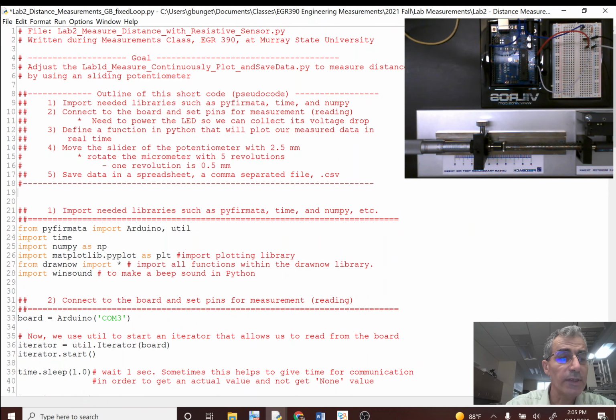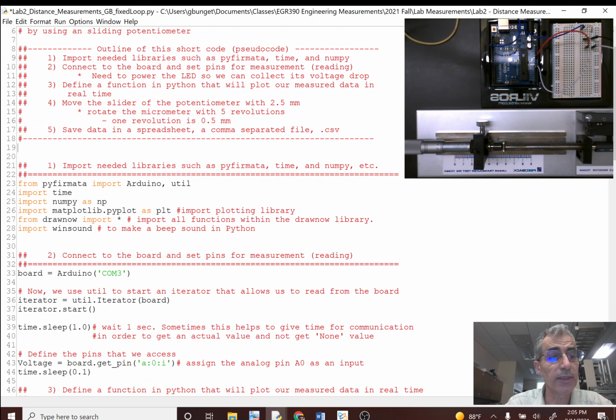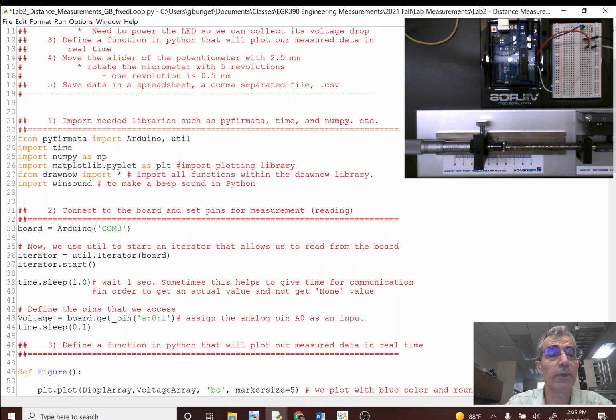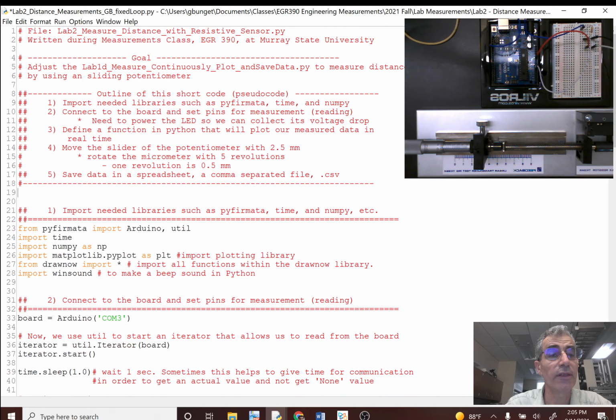In the measurements class, as you can see, we'll use the file that we used previously for the LED measurements as an introduction for the class. We use similar toolboxes and libraries because it's just a modification. We adjusted that file in order to measure a distance, and we have here a micrometer that tells us the real value of the distance in microns,